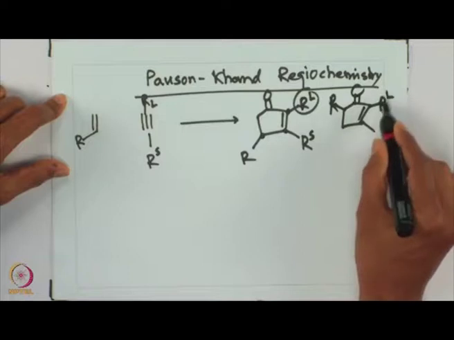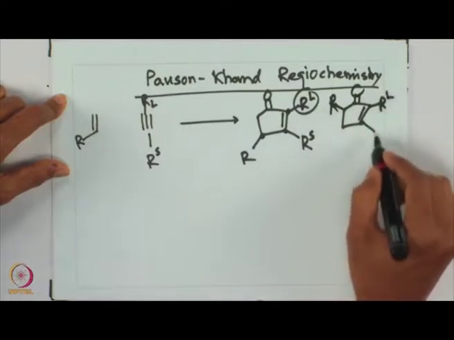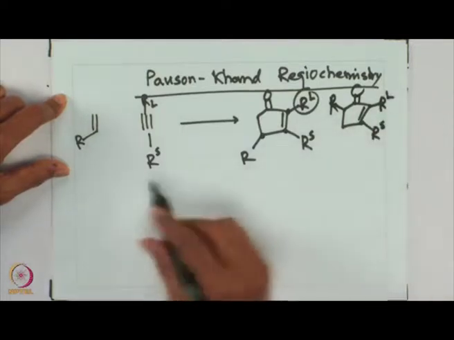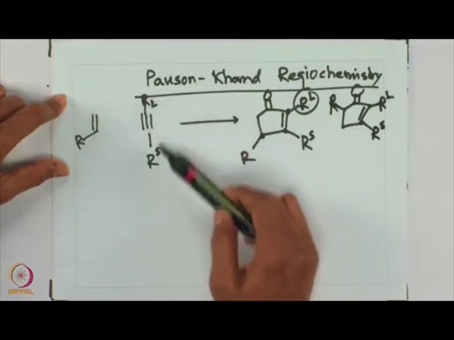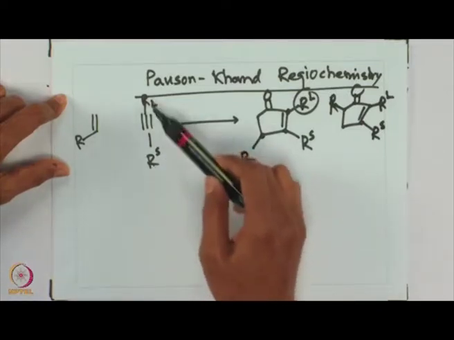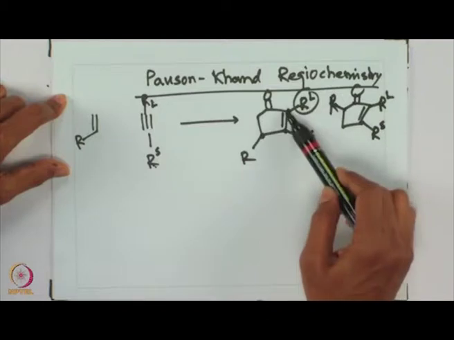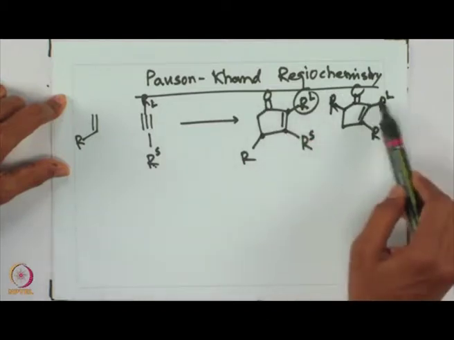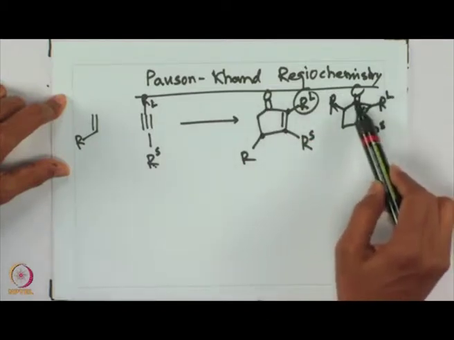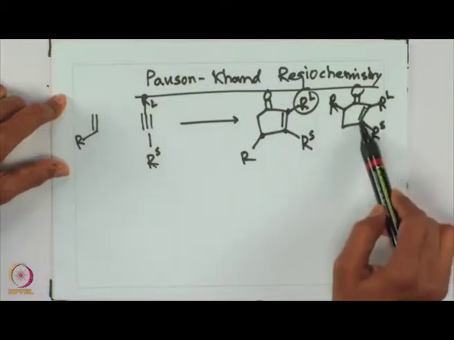Always R_L is close to the carbonyl. Okay. So, as you can see, R_L and R_S, one is large, one is small. The large substituent is always close to the carbonyl, the small substituent is